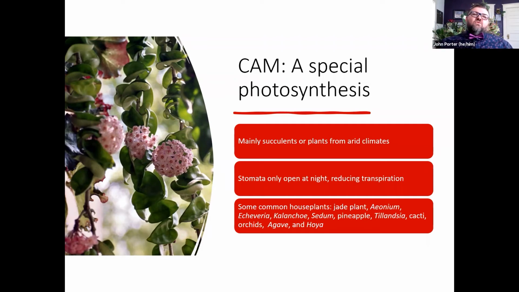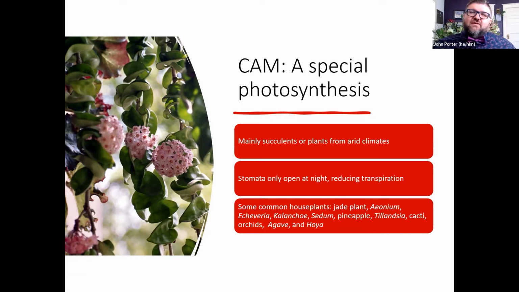And so some of the common ones that have this: jade, aeonium, echeveria, kalanchoe, sedum, pineapples, tillandsia, so those are the air plants, cacti, orchids, agave, and hoya. So hoya, that one is the Hindu rope hoya, which if I were to turn my camera just a little bit that way, there's one hanging right there, right in my window.